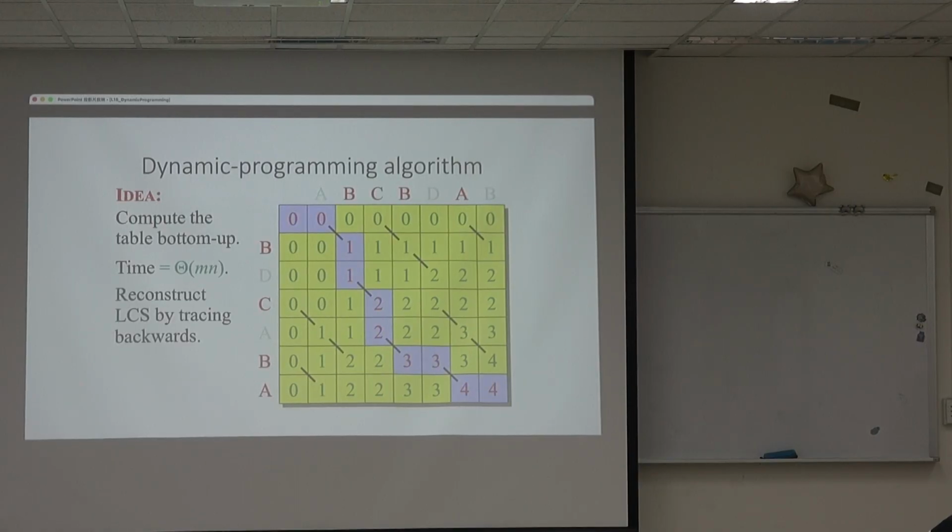You can reconstruct the LCS by tracing back here. So this is one of them, but we should be able to find all the others. So having said that,